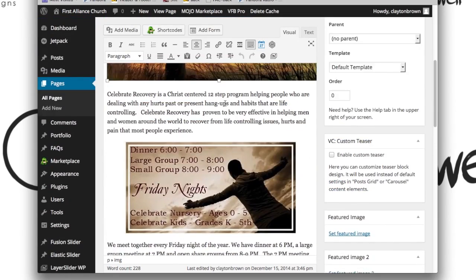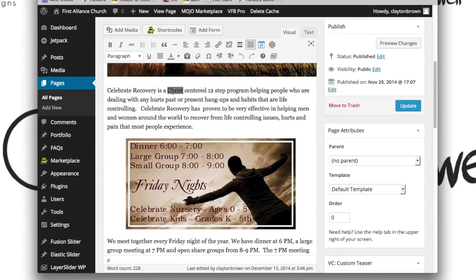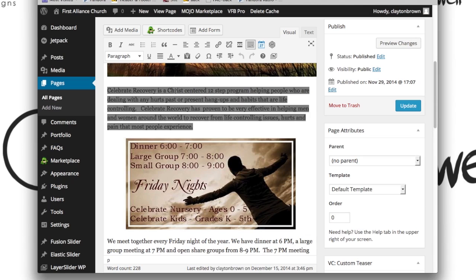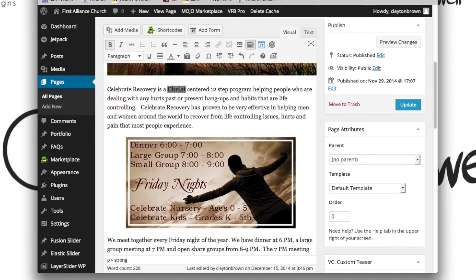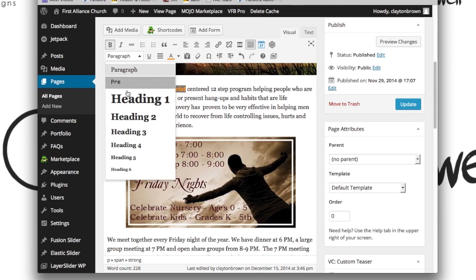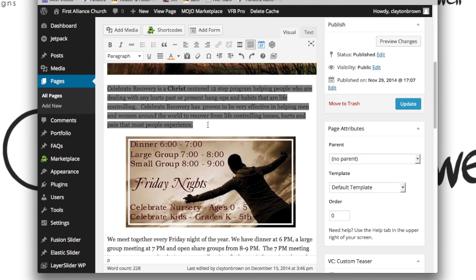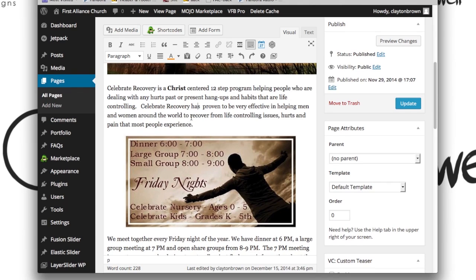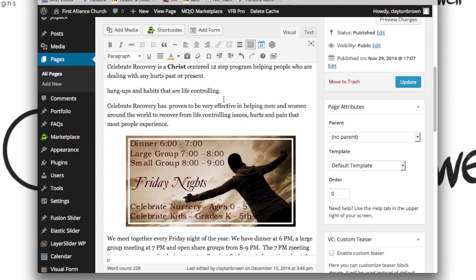Alright, so if you want to make any changes to this text, feel free to do so. You're basically just going to be using it just like it were a WordPad document. If you want to make this bold, select it. Hit the bold button and that will happen. If you want to make it a different color, go right ahead. If you'd like to underline it, change it and turn it into an H1 tag, you can also do that. Of course, that's going to look a little goofy and it's going to do it to the whole paragraph. Alright. If you want to separate some text and make it just an H1 tag, you can do that